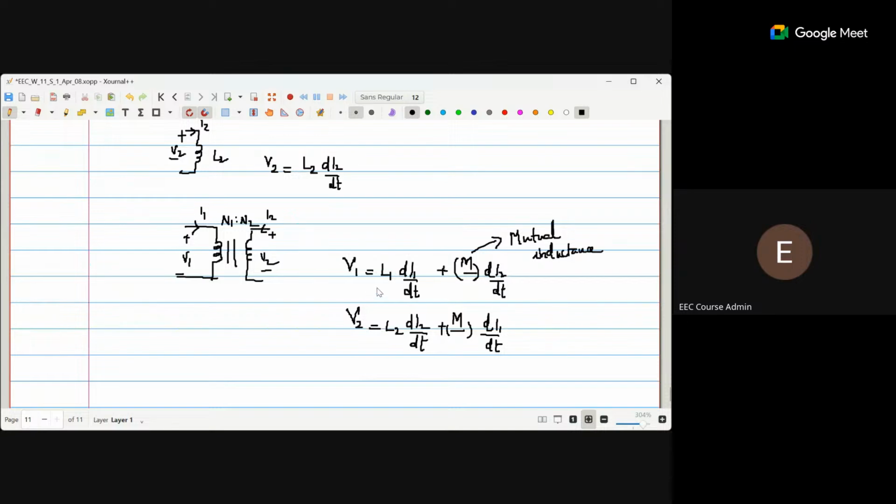L1 and L2 are referred to as the self inductance of the coils, the self inductance of the primary and secondary windings. M is referred to as the mutual inductance. So what we say is, if they are perfectly coupled, I mean tightly coupled, we say that the coefficient of coupling K is equal to 1. Otherwise, we have a fractional value for that. So K is the